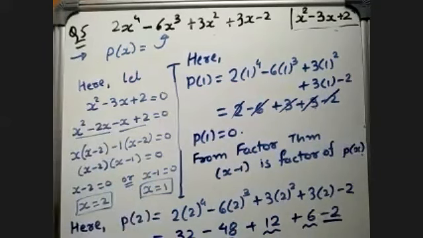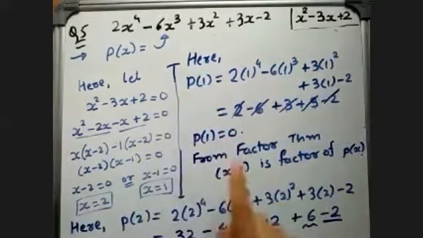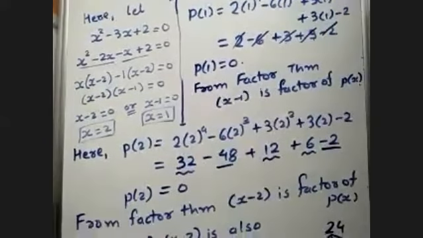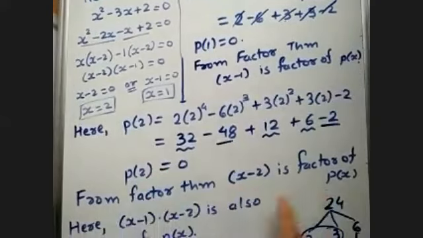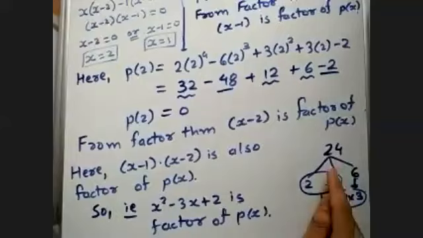For step 2, put all these values in the polynomial and find its values. So my p of 1 will be equal to 0. If p of 1 is equal to 0, then x minus 1 is a factor of p of x. If I put x equal to 2, then p of 2 is also 0. Then x minus 2 is also a factor of p of x. And there is a relation between factors, that if your x minus 1